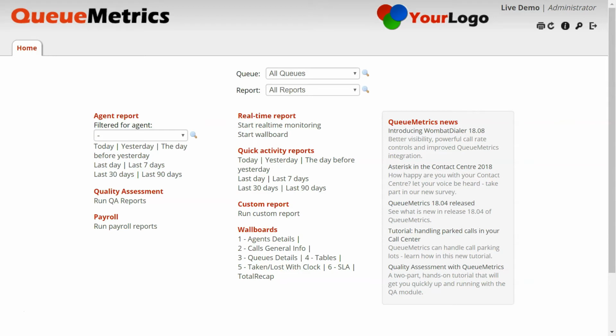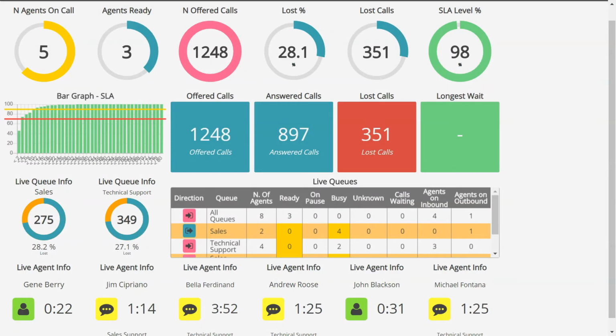Now let's have a look at our wallboards. Wallboards let you have a customizable panel with all relevant KPI updated in real time. You can create as many wallboards as you need. Our wallboard is designed to be modular and customizable. From here, you can add any of our 23 widgets that can be assembled to create infinite wallboards, like this